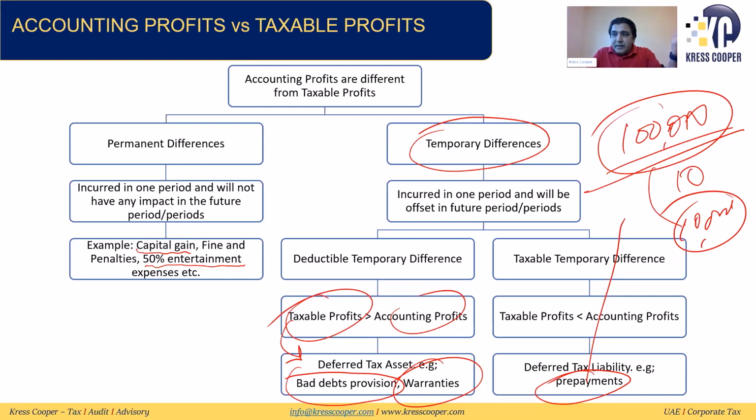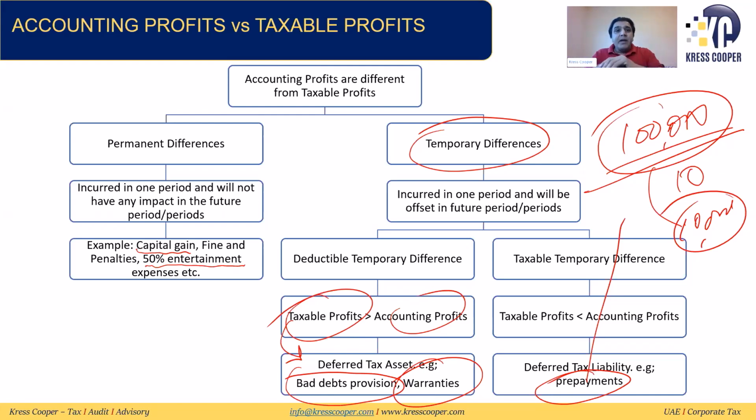So first of all, I'm going to set the foundation. Why are we calculating the taxable income? How will it adjust? What is the reason behind this? The reason is the rules are different. These rules are creating differences. These differences can be permanent differences. These differences can be temporary differences as well. These temporary differences can be deductible temporary differences. They can be taxable temporary differences as well. So these are the bases due to which we are mapping our accounting profits into the